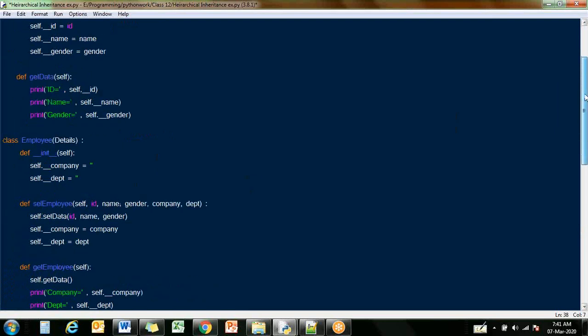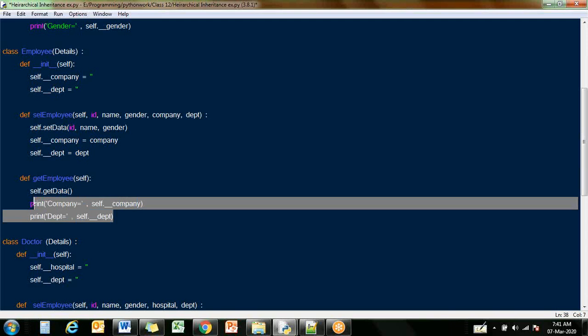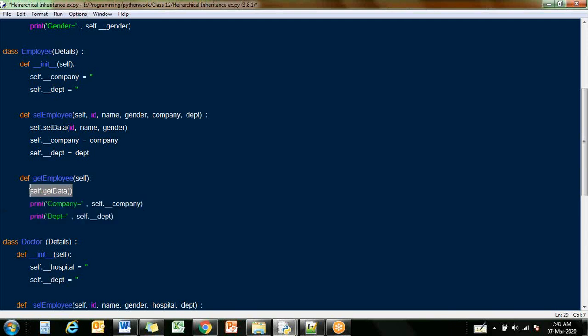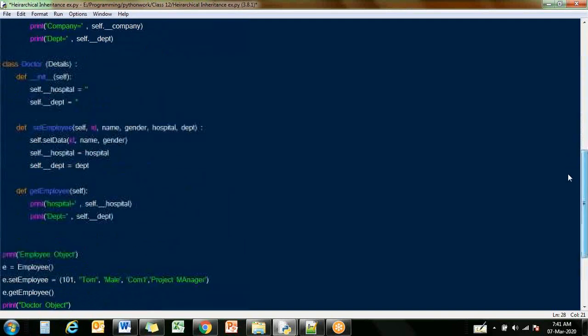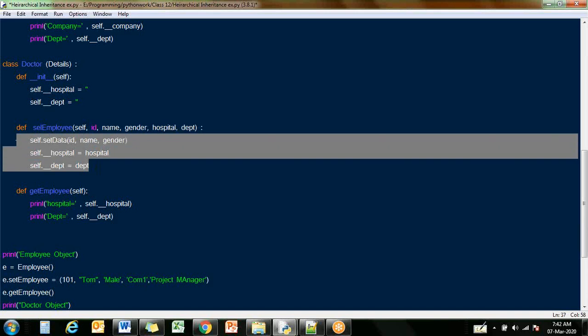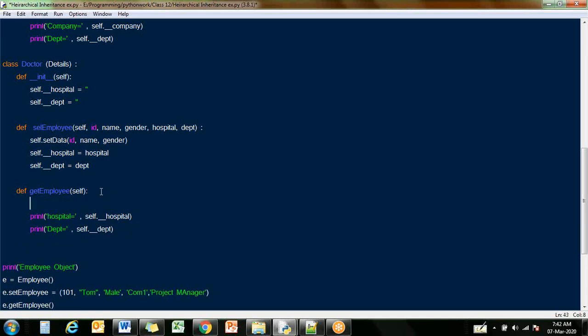The one more thing I want to highlight is, here I am getting only two data, right? I have to get the remaining data from the details class. I hope you understood the concept. Why are we repeatedly sending so many parameters, even though I'm initializing only two parameters here? Because we are passing on those parameters to the parent class. Here also I have to get the